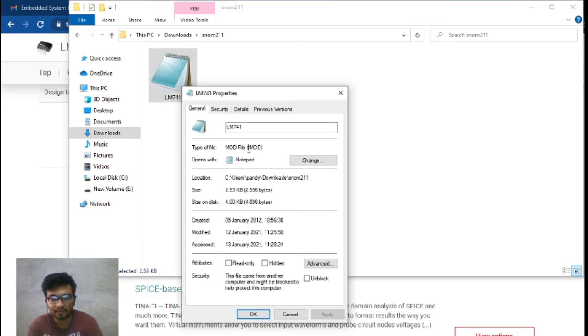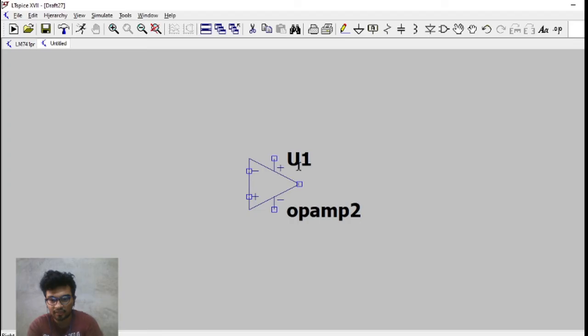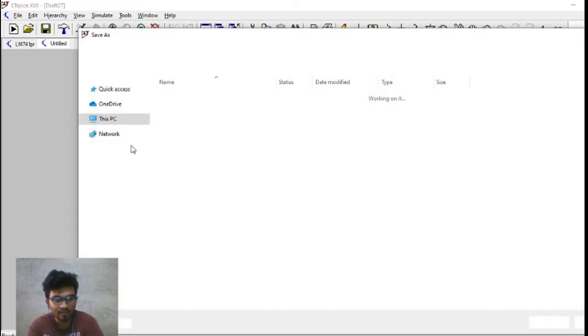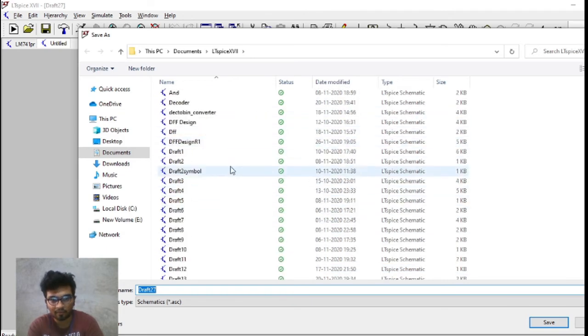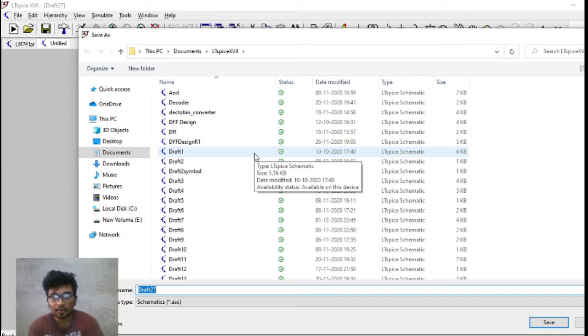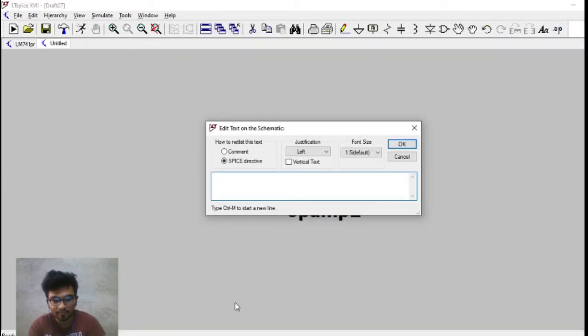This is a .mod file; .mod is a representation of a model. Copy this file to the location where your files are saved. Basically, when you do save as, you will find out that your files are saved in some location. Copy that file into this location.